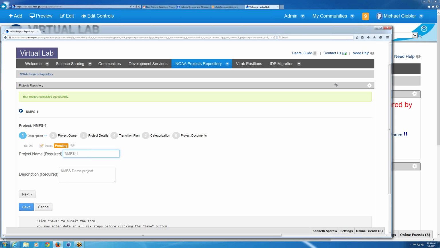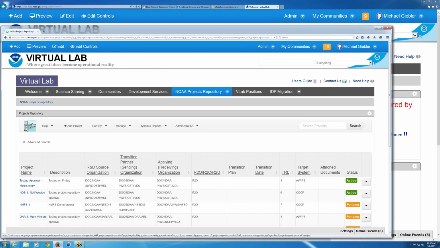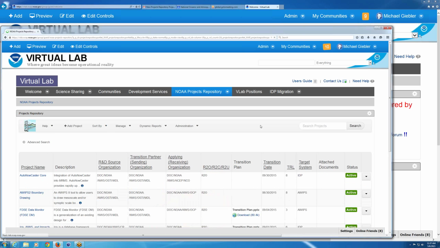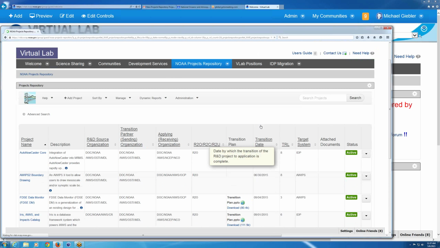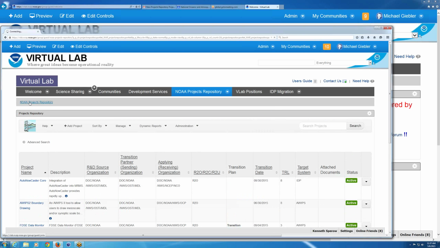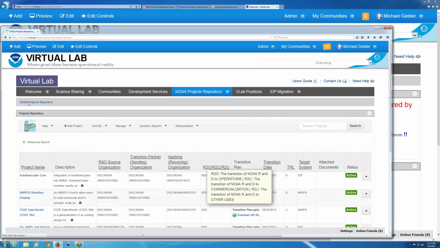The other thing that you can do in that situation is click on the icon in the upper left if you're in the tagging view. That will refresh it. So that's another option for you as well. You have this image right here that refreshes the page. Or even clicking on the NOAA project repository up in the breadcrumb right above that. So that would do it too. So any of those will